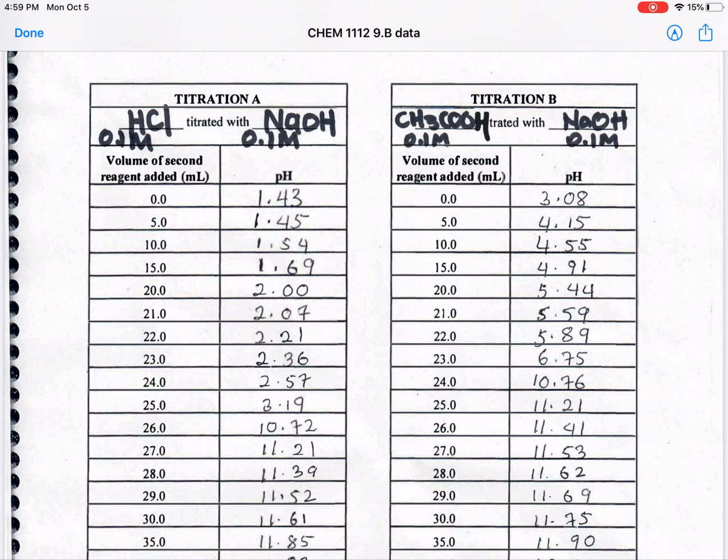So that's why before any sodium hydroxide is added, at the very first reading, at 0 volume of sodium hydroxide added, pH is 3.08. Because it's a weak acid, it has a higher pH compared to a strong acid, hydrochloric acid, 1.43. So we keep on adding sodium hydroxide up to 20 in 5 milliliter increments,